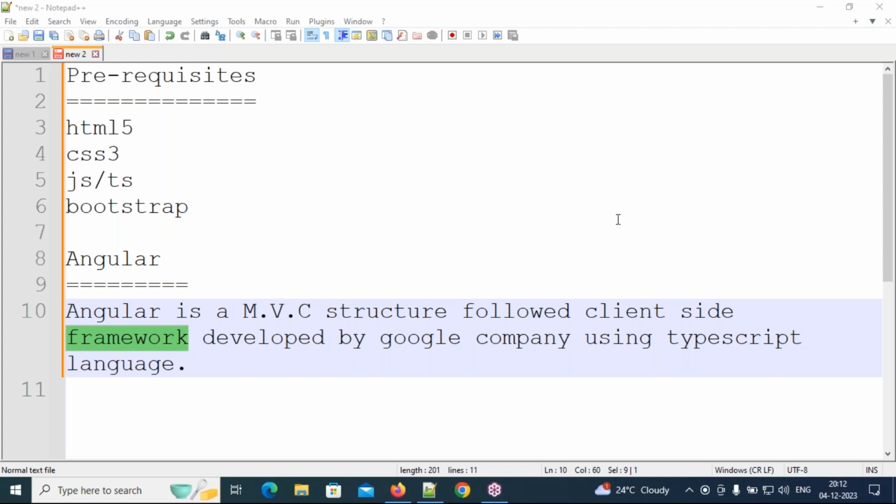By using server-side technology, we can store our data permanently because we are storing the data in the database. Then what are the advantages of storing our data in the database? The first point: data can be easily organized and managed, because there will be a space, and in that space we'll divide the data into tables.